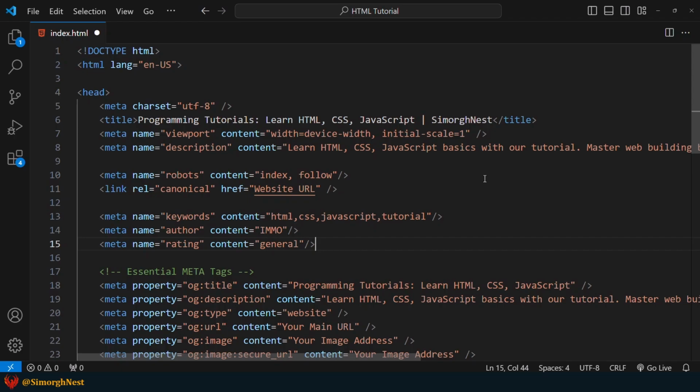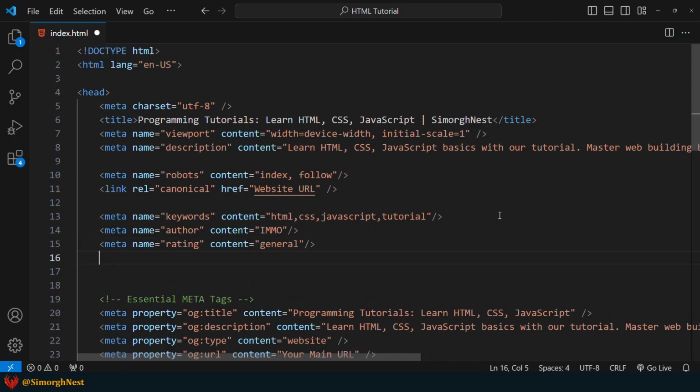Alright, let's explain a few more meta tags briefly. The copyright meta tag is used to indicate that the photos and text on your website are protected. For the name attribute, use copyright.